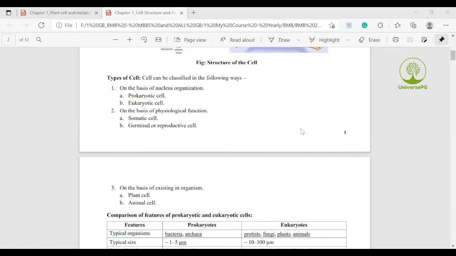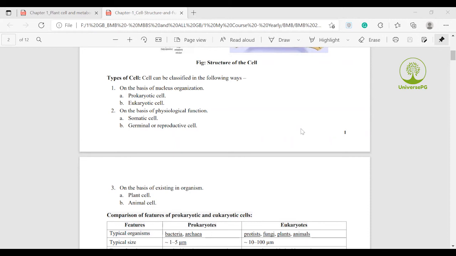For example, in bacterial cell, as you read in your third semester syllabus, classmates, a bacterial cell contains two types of DNA. One is bacterial DNA and another is plasmid DNA. But the other nuclear components, such as nuclear membrane, nuclear pore, nucleoplasm, and nucleolus, are not found in the bacterial cell, such as prokaryotic cell. So it is called a cell not containing a well organized nucleus.